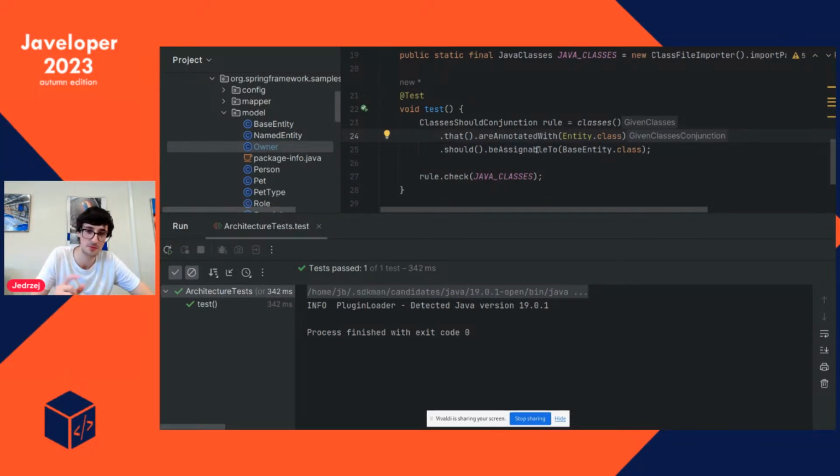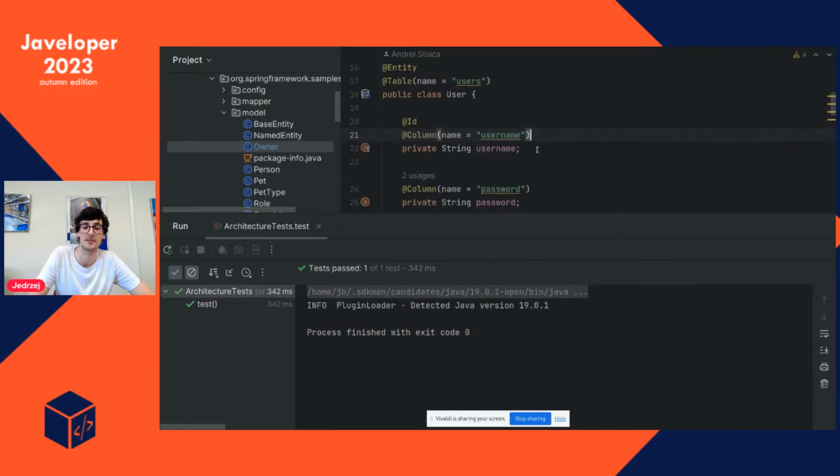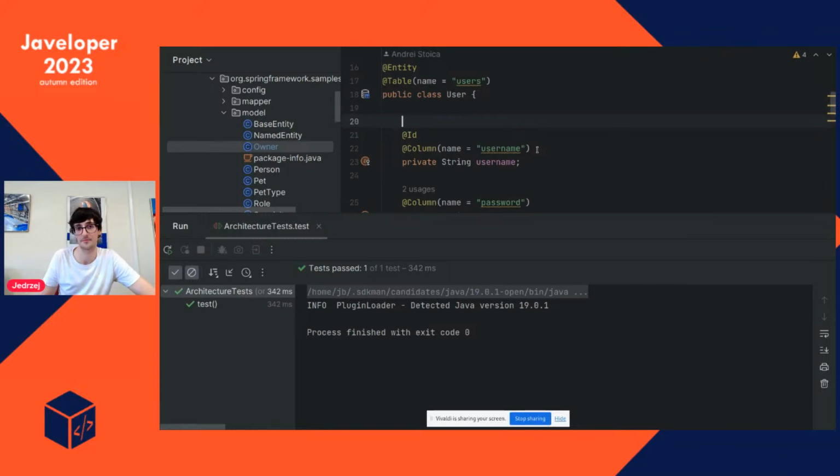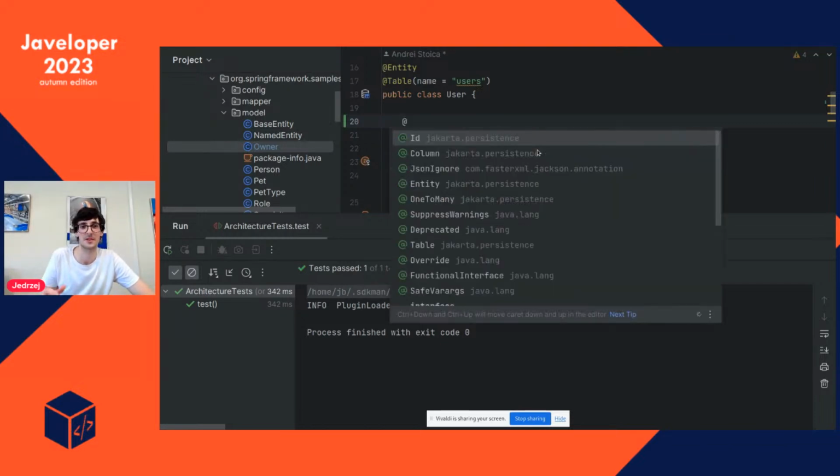But maybe we can document our entity in a nice manner. So we know that there is this rule that all the annotations should have this surrogate key unless we know exactly and we are aware of the consequences of that an entity has a natural key. And how can we say that this is our conscious decision and we are ready to live with the effects that it will have? One of the best ways is to use an annotation to document our decision, to document our